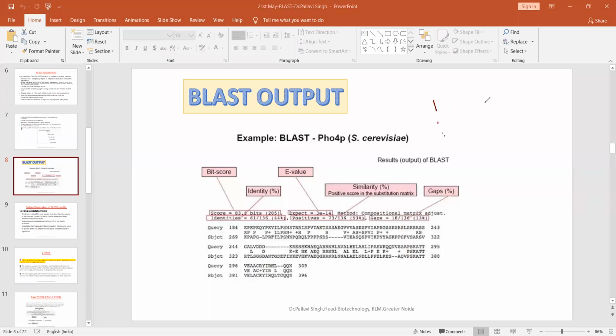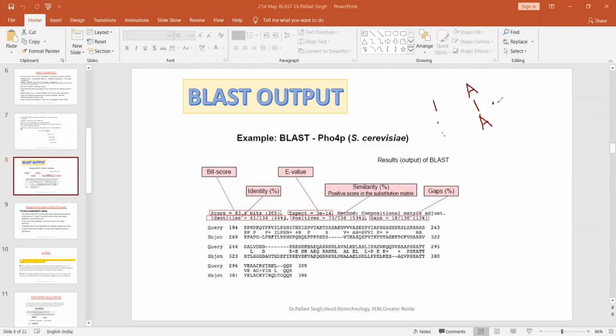A vertical bar between, suppose I have aligned adenine with adenine. If A in the query is aligned with A in the database, I get a vertical bar. So that means this is an exact alignment. But if I get a dot, that means it's a similar kind of alignment. A purine is going to be replaced by a purine only, or a pyrimidine is going to be aligned with a pyrimidine only. And for the amino acids, if I get a dot between two sequences, that means they're a similar kind of amino acids.